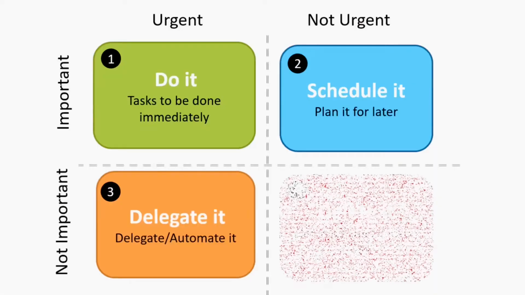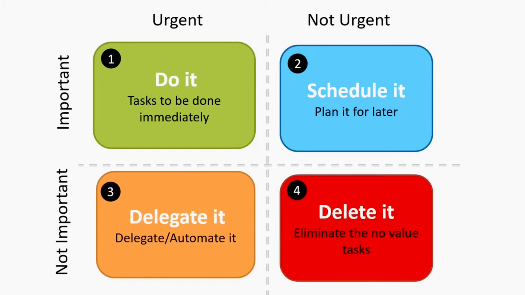These are urgent but not important, which means you should spend as little time as possible on that particular task. Coming to the fourth one, it is neither urgent nor important. These are things that don't help you in any way, and it's not urgent either. These are the tasks that we need to try to reduce or completely eliminate. So these are tasks like browsing social media or browsing the internet without any purpose, chit-chatting about people. These things don't add any benefit. They give you a sort of instant gratification, but definitely this is not going to help you in the long run. Definitely, if you can divide your tasks into these four quadrants, then you can identify which to focus on more.